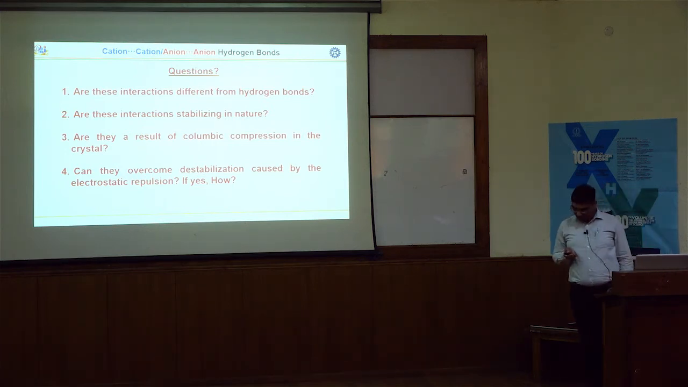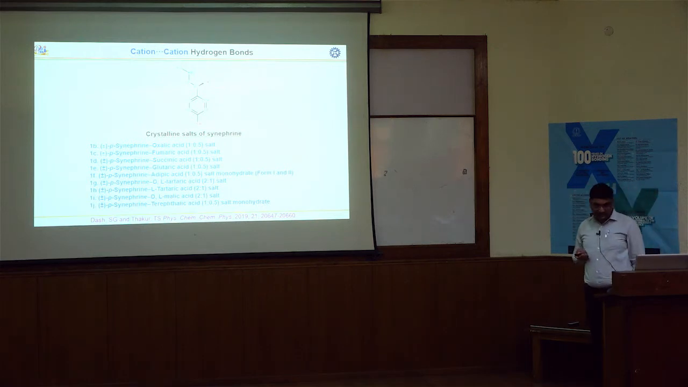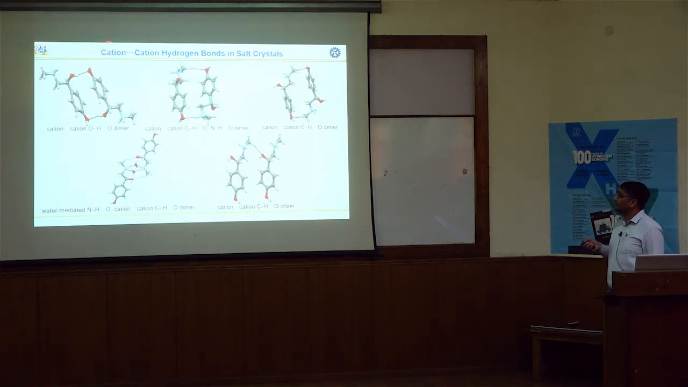This was also a question in our mind. Considering this, we tried to find out some suitable system, and we came across a system where we found that different salts of this natural product, sulfurenes, show a lot of these cation-cation type of interactions in their crystal structures. And we found that there are several associated cation-cation species which are hydrogen bonded by very strong OH type of interaction,